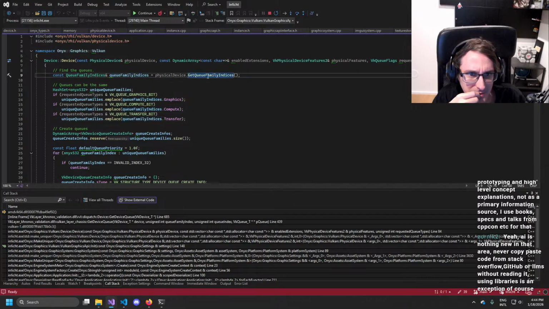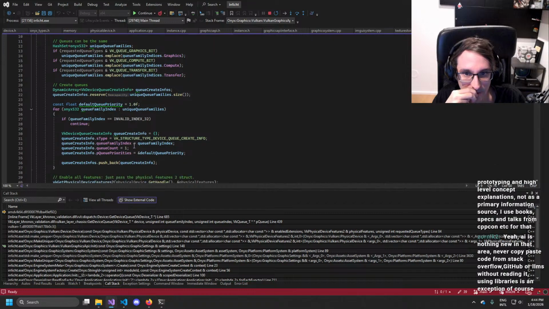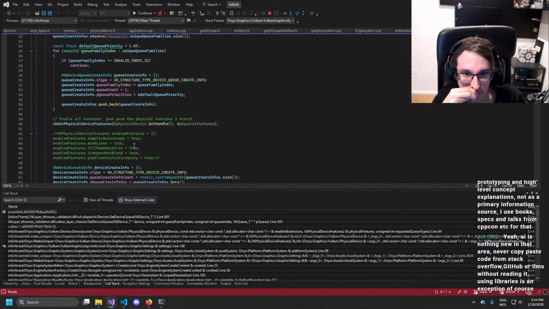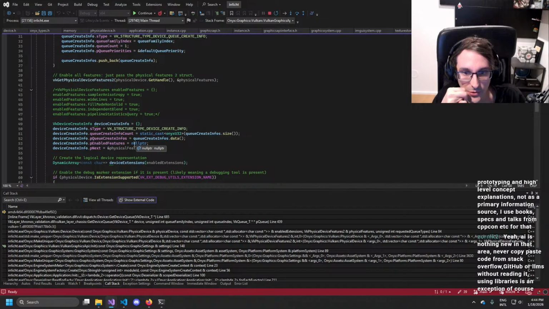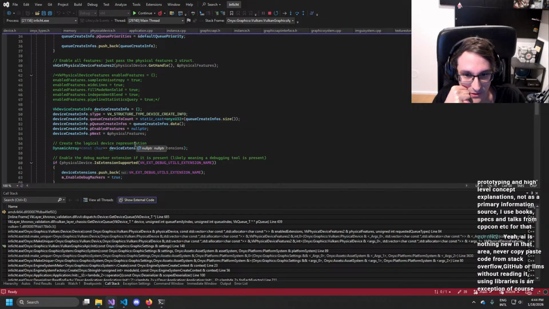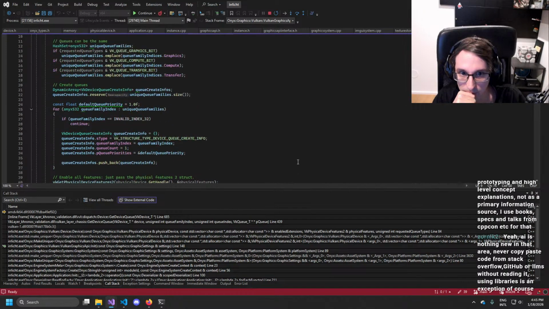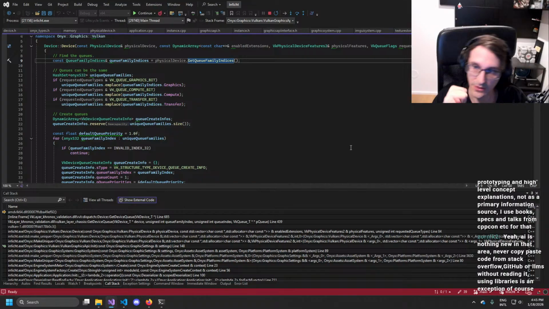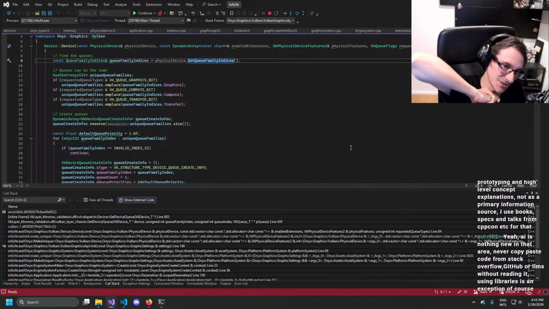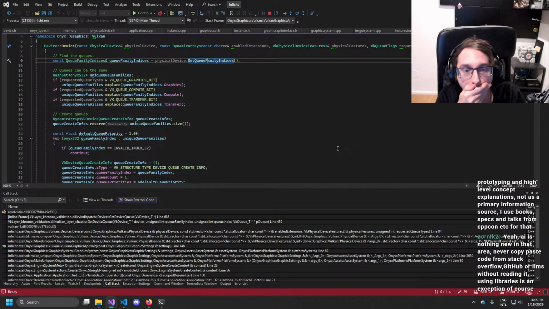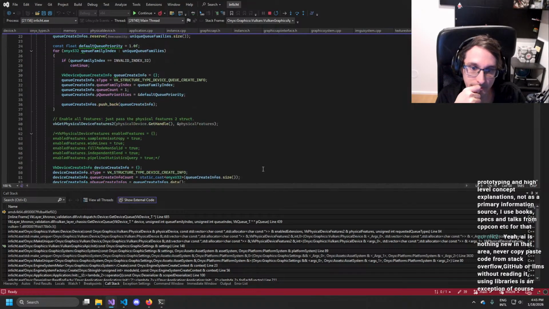So we get the Q family indices, which of course doesn't exist. How do you do a multi-window then in this case, if all of that is depending on the surface already? Alright, I think I have to look that up. Because that's bizarre. There should be a way to do that without the surface, right? Or do I always need one?